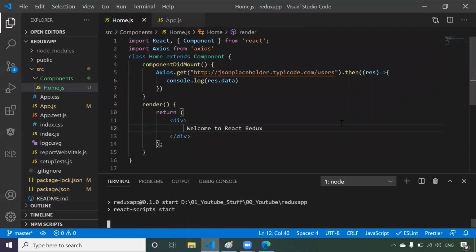So what we are doing is, whenever our home component is loaded, the componentDidMount lifecycle method is going to trigger. Now it is going to send a request to a server. Then from the server, it is going to take the user data. That data came to our home component. Now from the home component, we have to store the data in the Redux store. So we are going to see it.